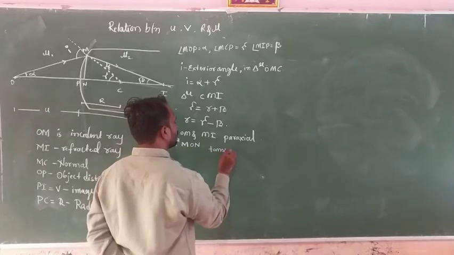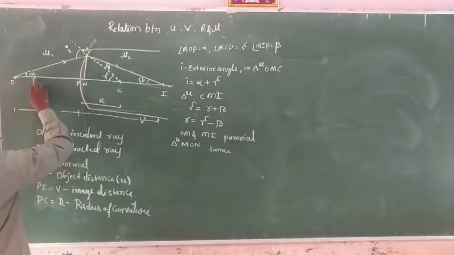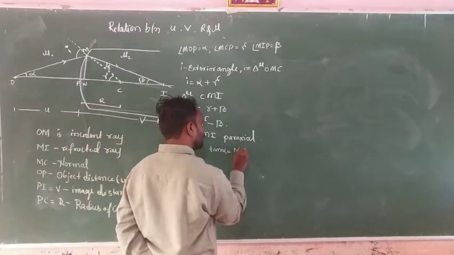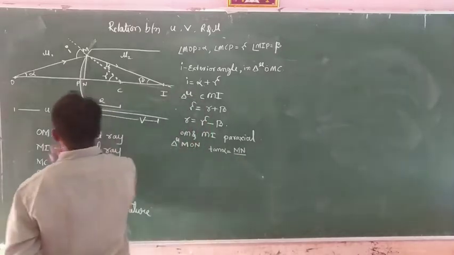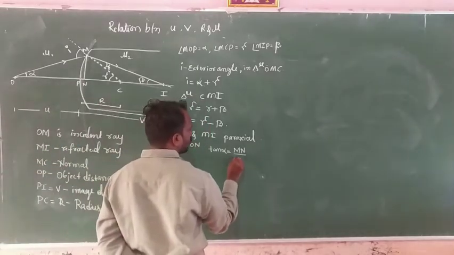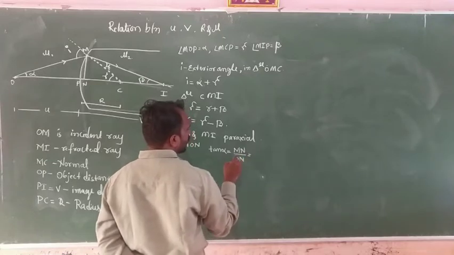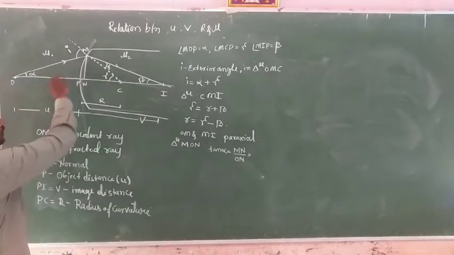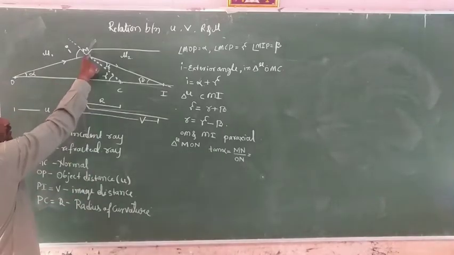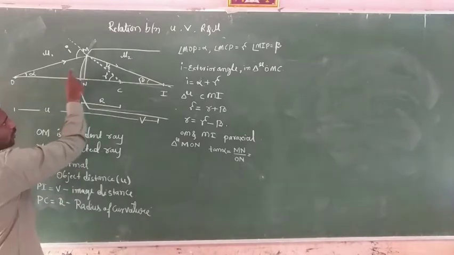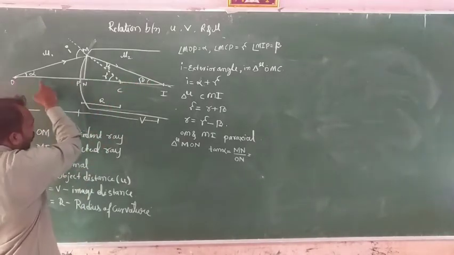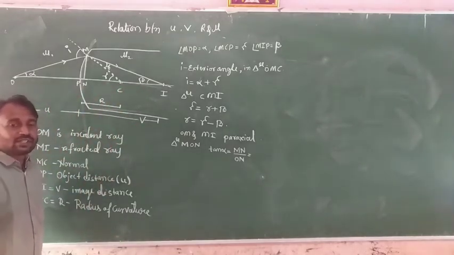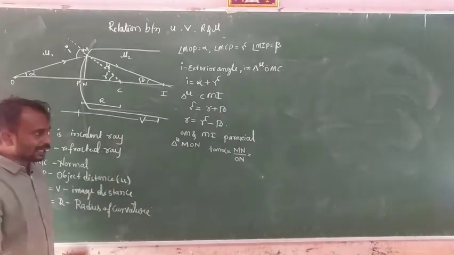Tan alpha is equal to opposite by adjacent, opposite MN divided by adjacent side ON, that is, MN divided by ON. Why here do we consider tan theta? Because this refracting surface is the same for the remaining triangles, and along this adjacent we get object distance, image distance and radius of curvature. For this reason, here we consider tan theta.